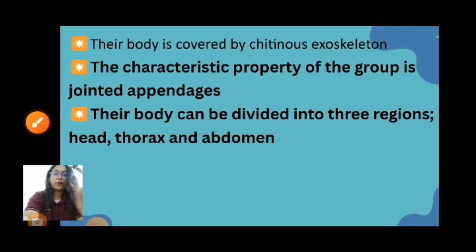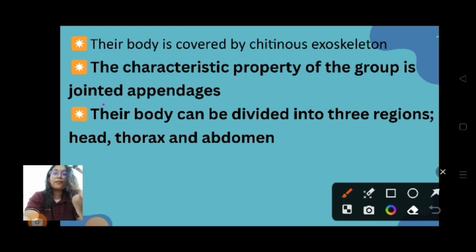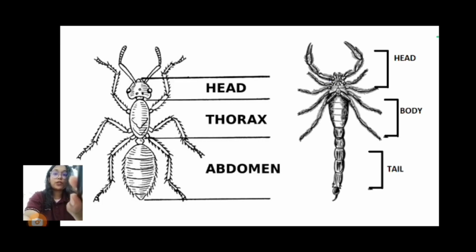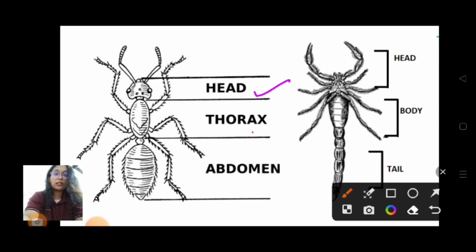Okay, then moving on to the previous slide only. They have jointed appendages. Is it clear? And their body is divided into 3 regions. That are, their body is divided into head, thorax and abdomen. Is it clear? Now again look at the diagram. So their body has been divided into head, thorax and abdomen. They have